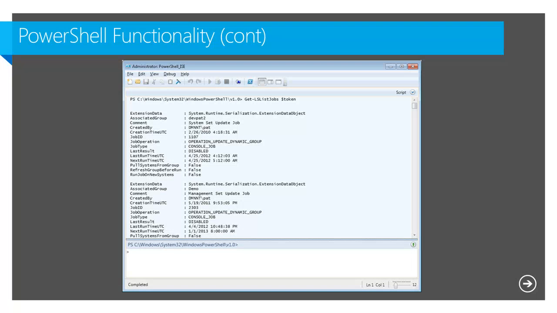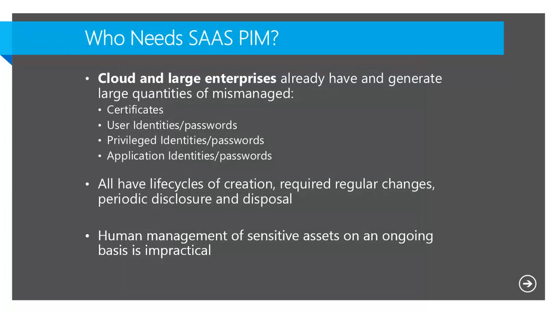So this is an example of a PowerShell run to get the list of jobs that are running, and what you see is the state of these different jobs that are running in order to do security management in the environment. We do more than just look at what the jobs are. We can change them, add them, change the properties of them, change lists, change permissions, all of that is done.